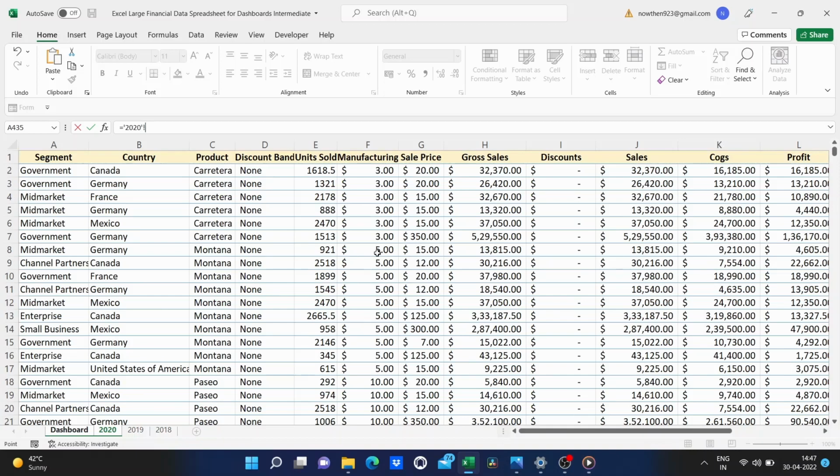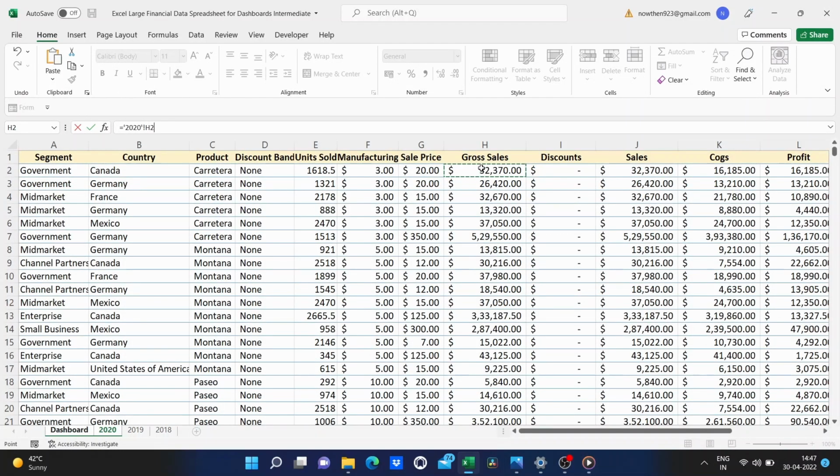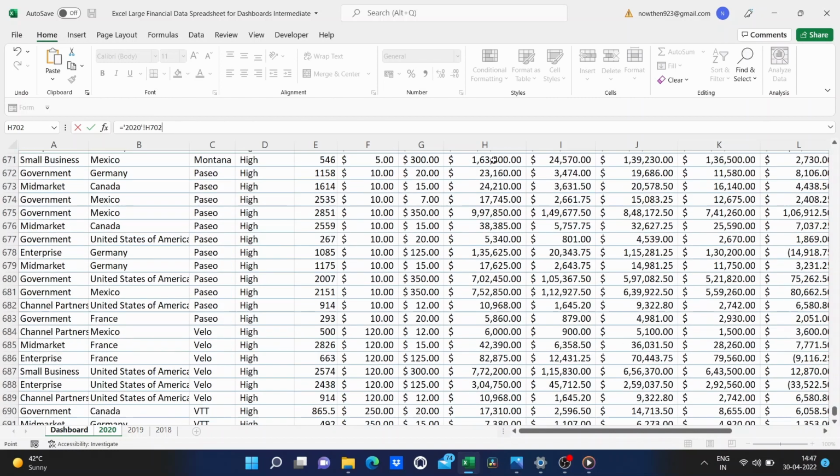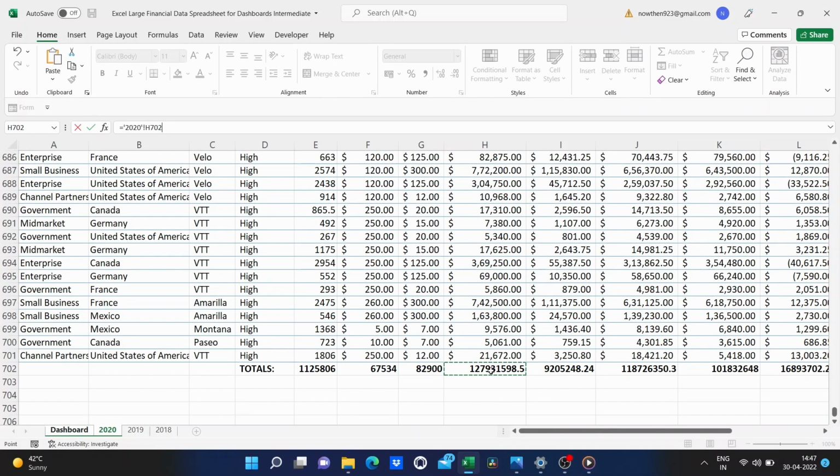And it's quite a big spreadsheet. So, let me just quickly show you a trick. If I click here on gross sales, even on the title, I can hold Control and then the down arrow, and that should take me down to the bottom of the spreadsheet. Okay, look, there's totals right here, so I can click on the exact cell that I want to use, and